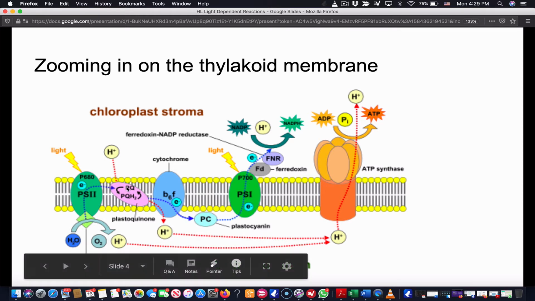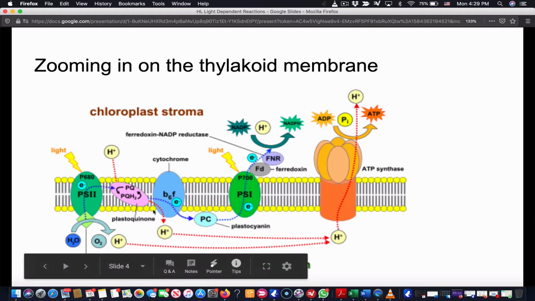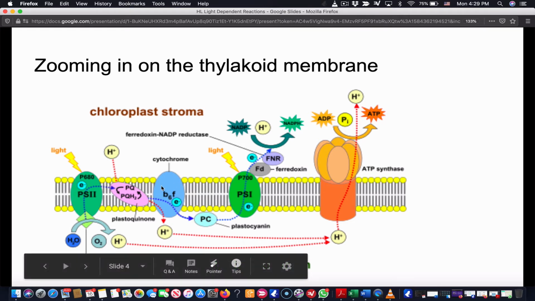And then we've got, remember Q from cellular respiration, we've got plastiquinone here. And plastiquinone, again, lipid soluble. It starts out on the stroma side, and it's going to move over to the lumen side here. And when it does, it's going to bring with it some hydrogen ions. And then it's going to deliver those electrons over here to cytochrome B6F, and this one is a protein complex,